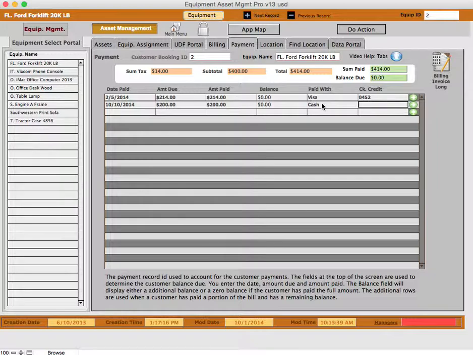What does that mean? If you got the last 4 of the card, that means that you probably flipped the card over and checked the signature. And if you check the signature, then you have the option to do this. You can also put the 3 or 4 digit number that's on the back of the card, which definitely signifies. For example, I might want to put a dash and then put the last 3 numbers that are on that card. That tells me that I did look at the back of the card and I verified that there is a signature. If you do not have a signature on the back of the card and it says something like